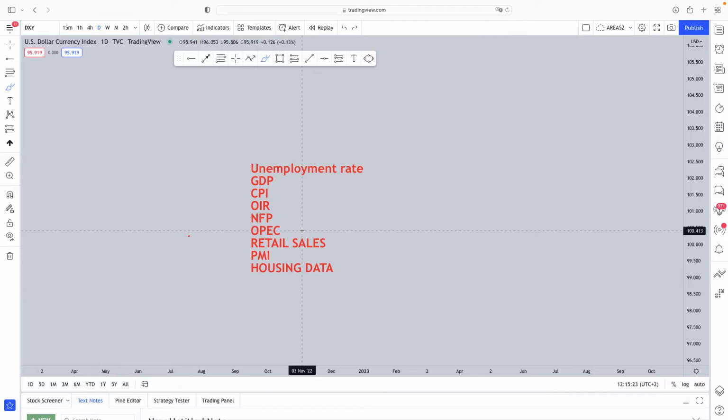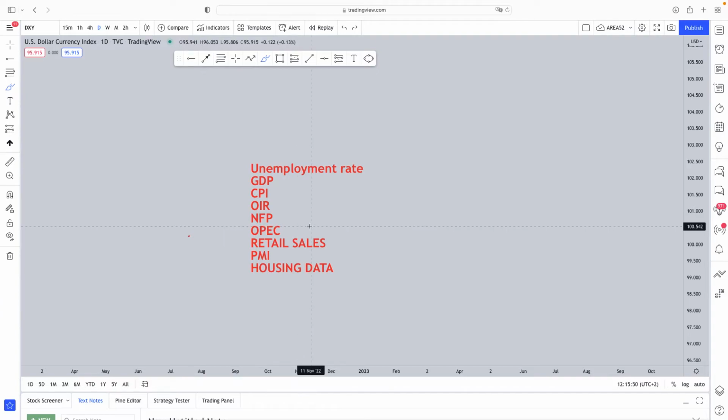So that's why the data comes out within the first Friday of every month. That gives us an indication of how many people got employed for the previous month, and that also gives us an indication of how well the dollar is doing. Because, like I said in the first point, when the job creation is quite high, it means the economy of the country is doing quite good. And if the NFP is positive, then that's good.